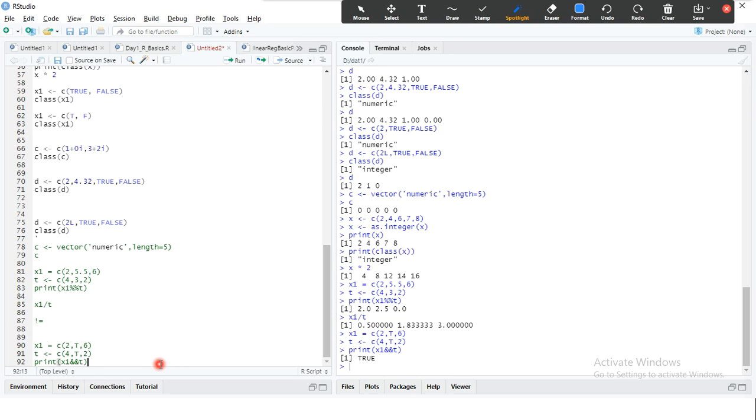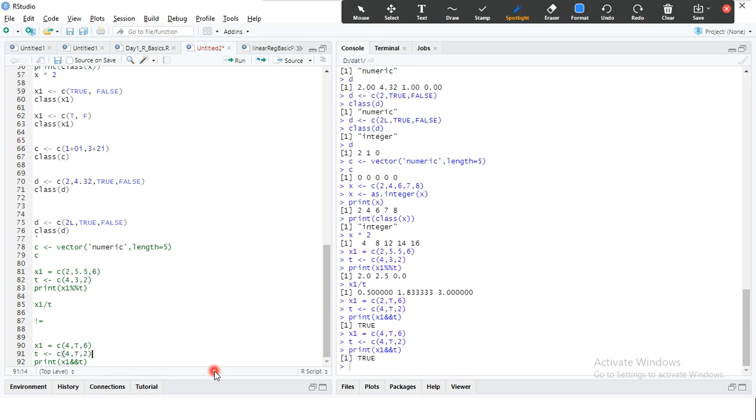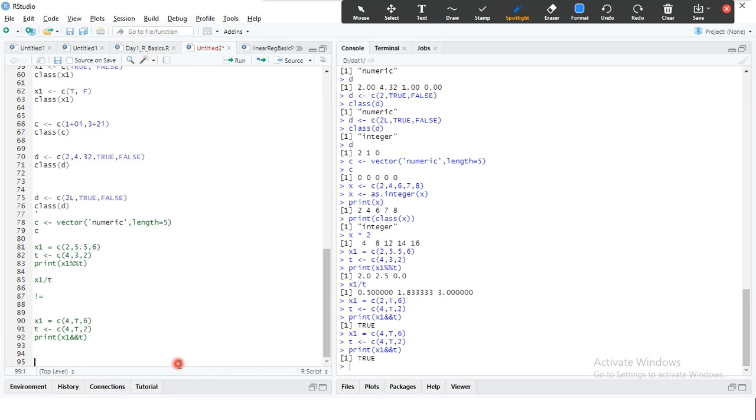It takes the first element of both the vectors and gives true only if both are true. So 2 and 4, both of them are true. And then the next one is true. Only one, 2 and t is there, true. Supposing I have 4 here. In this case also it gives true only. It takes the first element of both the vectors and gives true only if both are true. So now both are true. So in that case, double ampersand you are supposed to use.